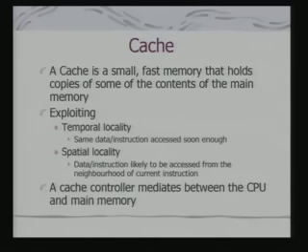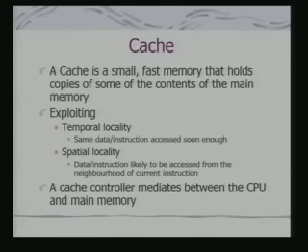So, cache, as I have already told you, is a small fast memory that holds copies of some of the contents of main memory and not definitely the entire content. And the whole logic of having cache, and today you will find cache in many of these embedded processors and particularly embedded microcontroller chips, there is on chip cache. They are being used to speed up the access, exploiting what we call temporal locality as well as spatial locality.